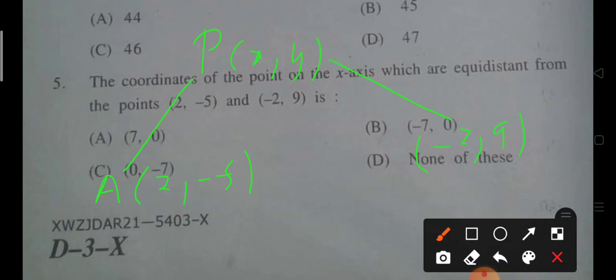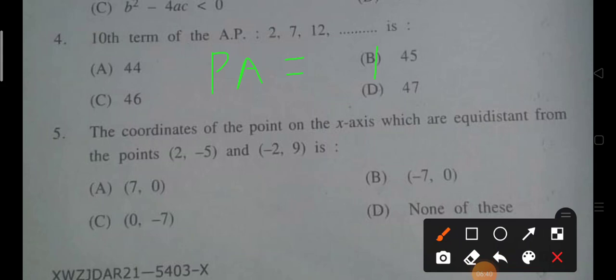One thing is clear to us: the coordinate of the point on the x-axis, this is a point on the x-axis. So if this is a point on the x-axis, the y coordinate has to be 0. This is very much clear, because if you take the coordinate system, you are well equipped with the concept of coordinate geometry. Any point on the x-axis will have the y coordinate 0. So this is any point on the x-axis, and this is equidistant from these 2 points. So that means PA, if this is point B, this is point A, then PA is equal to PB. So PA